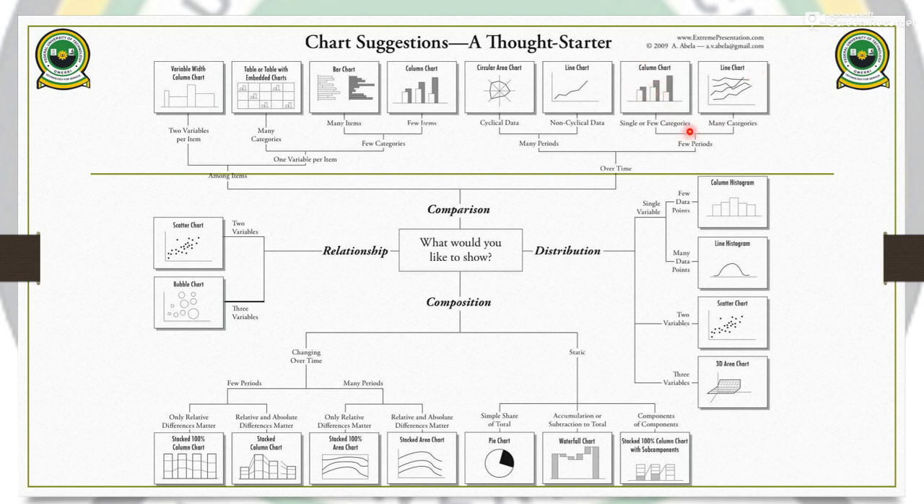Now, if you are looking at many periods, you look at non-cyclical data. You can also use this when the data is not cyclical, that means it doesn't go around the time period. Okay, so you use line chart. But if the data you are working with is cyclical data, then it is better to plot using